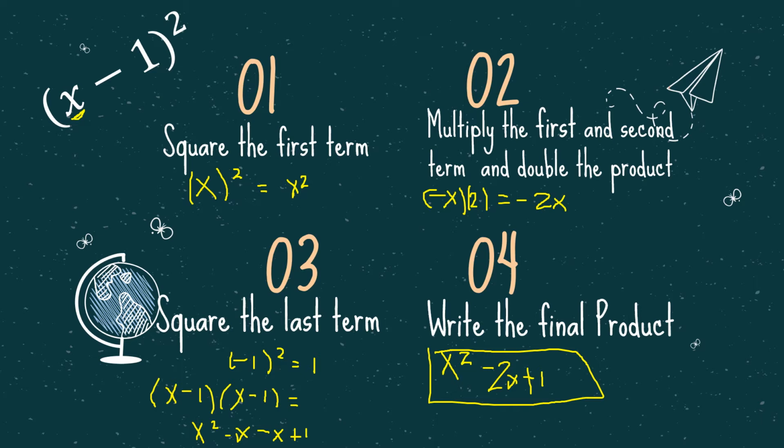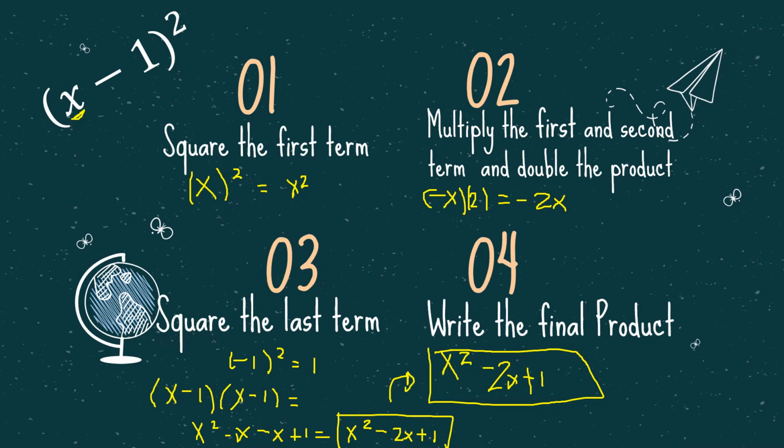Next, combining like terms. Negative x minus x is negative 2x. So this will become x squared minus 2x plus 1. So whether we use the FOIL method or the square of the binomial in the form a minus b squared, we will arrive at the same answer. Now,